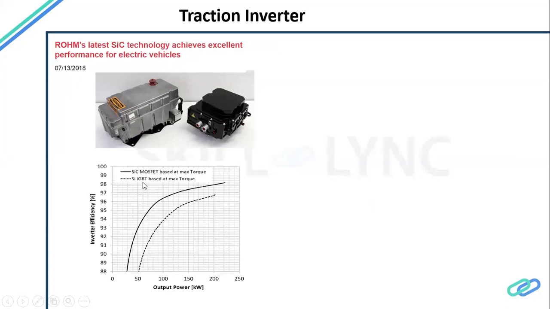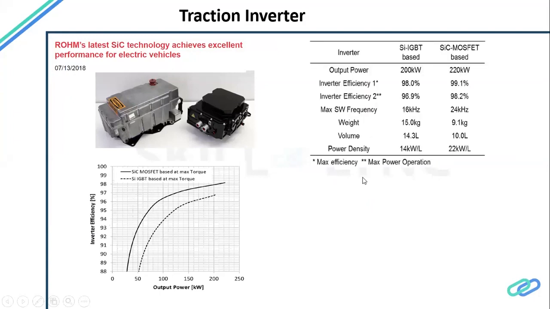So the silicon IGBT performance is the dotted one, and the solid one is a MOSFET. This is the output power versus efficiency, and you can see the claims are very good. If you compare SiC for almost the same power, you can see the volume density, power density are much better, and it gives something like a breakthrough to the requirements that we have for the traction. So these are predominant, these are considered nowadays everywhere. Almost every OEM is focusing here